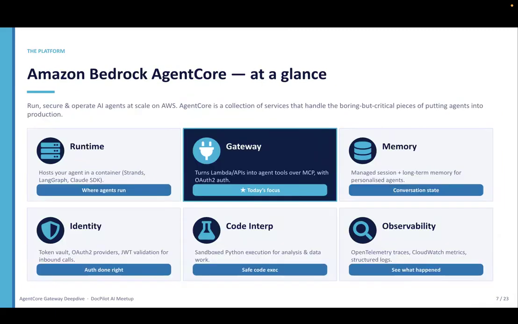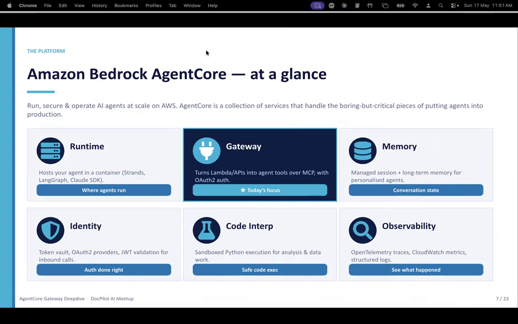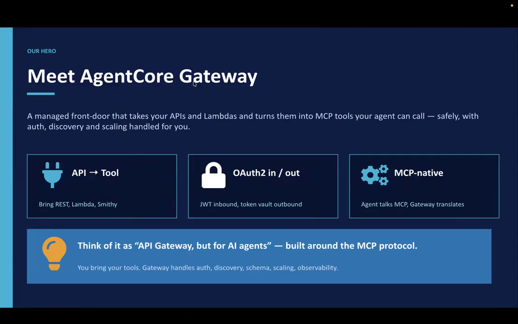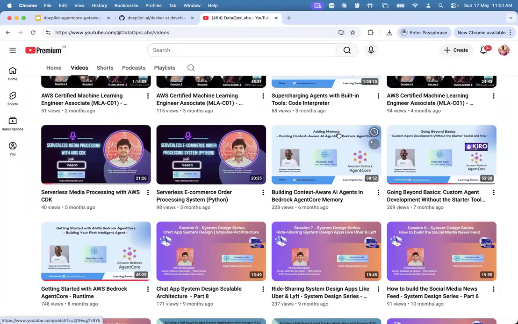Okay, so we have discussed the runtime in a detailed manner. If anybody has not gone through the session, please go through it. We have discussed the runtime in Agent Core in depth, and then we also discussed memory in detail. We also gave some projects and the source code in our previous session. If anybody has not done this, feel free to check this link. If I go to this one, you can see this.